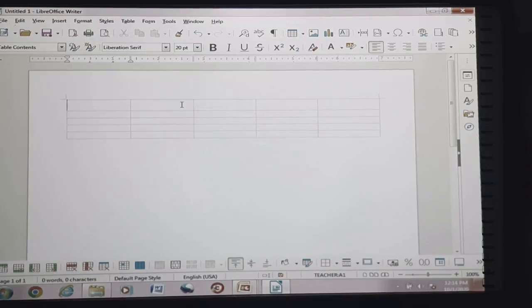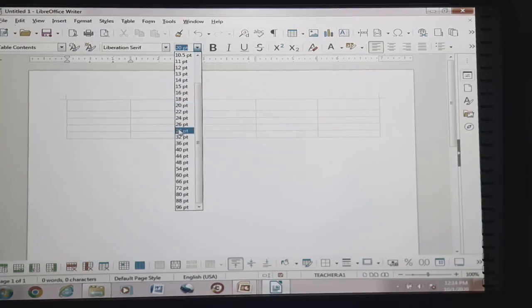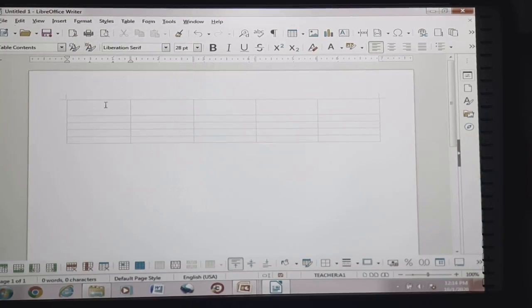Suppose 20 point I am discussing. This is the way by means of which we can select and choose a custom column width. Suppose I need a column width of 28 point. This can be achieved using this. Now, if we need to fix the column width for the complete column as 28 point, simply type 28 here